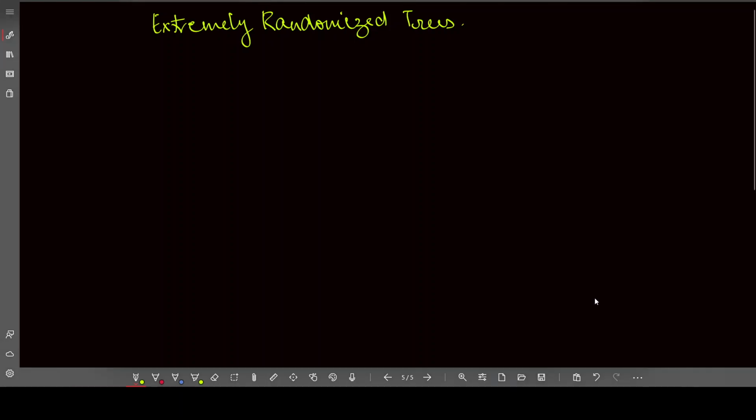Okay, so let's understand this really cool model. It's implemented in sklearn. It's called extremely randomized trees. What it does is it just takes the random forest algorithm one step further. So normally random forest is just column sampling plus row sampling,